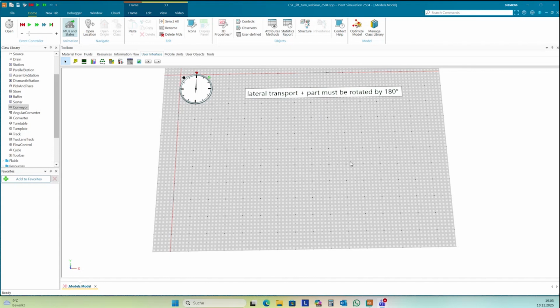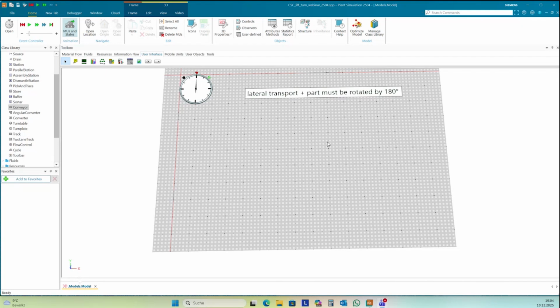One way, for instance, would be you have a cross-sliding car, and the cross-sliding car lays down the part on a turning device, and then it will be turned and lifted again, and then transported to the destination. Another way would be that the cross-sliding car transports the part and turns during the transport.